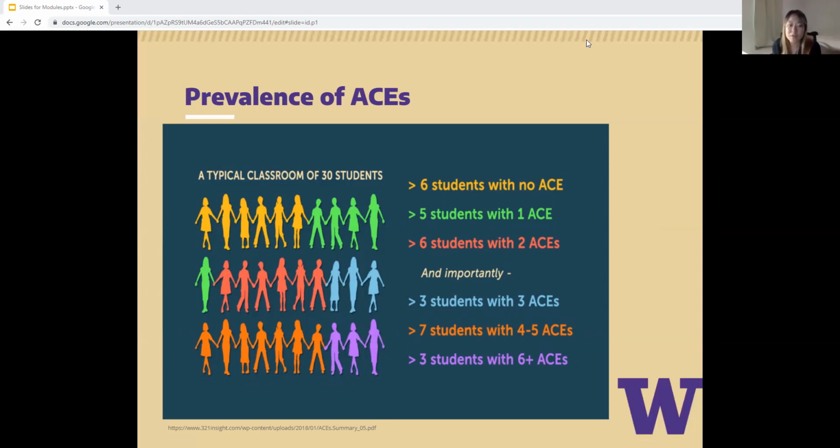Research found that 60% of adults have experienced one ACE that has negatively contributed to their physical and mental health during childhood. According to the CDC, approximately 1/4 of adults have experienced 3 or more ACEs, so ACEs are common.